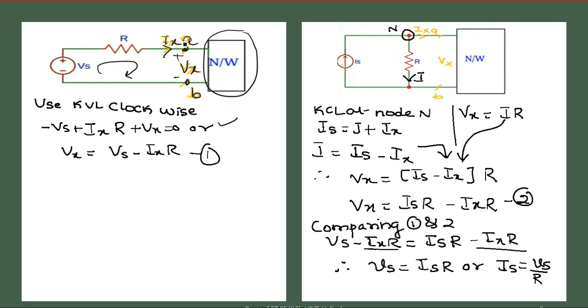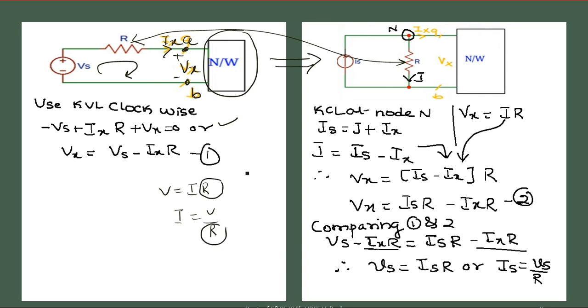So what I told is you can convert this into an equivalent current source. So how can the current source be represented? A current source in parallel with the same resistance value. So this resistance value and this resistance value should be the same. They will not change. Okay. So it is nothing but like writing V equal to I into R is the same as I equal to V by R. This resistance value will remain the same.